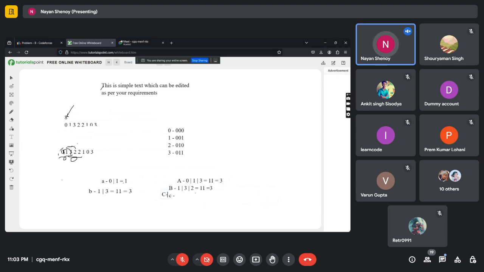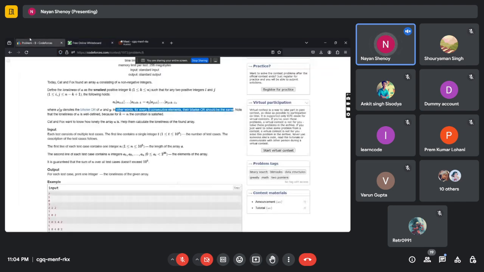For C, it will be 3 OR 2 OR 2, which I also assume should be 3. So if you check each and every subarray of size 3, you will always get OR as 3 in this situation. So we can say that the smallest value of k for this question will be 3,